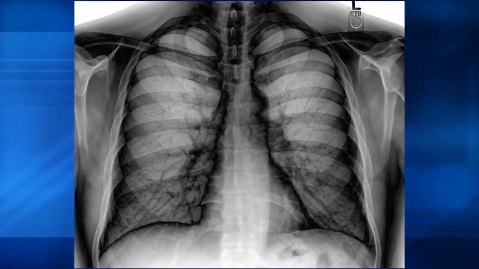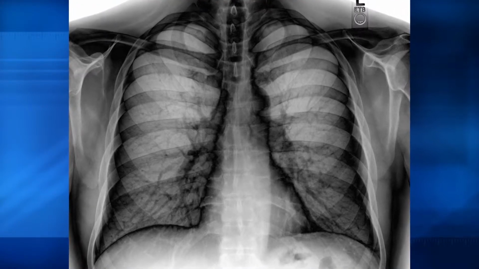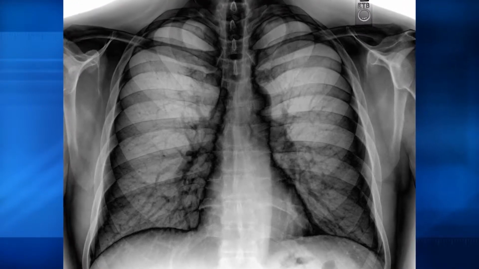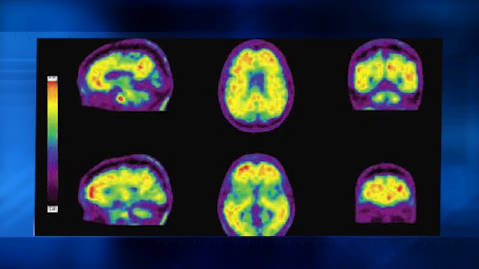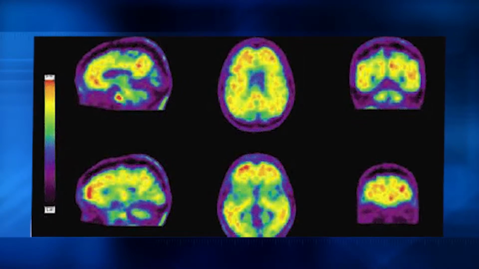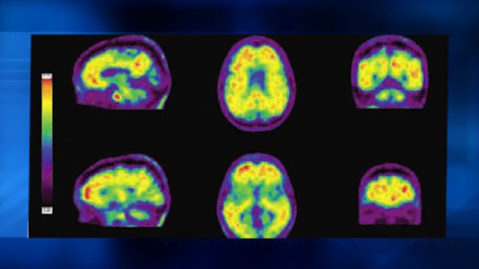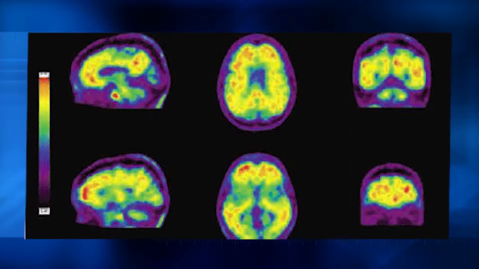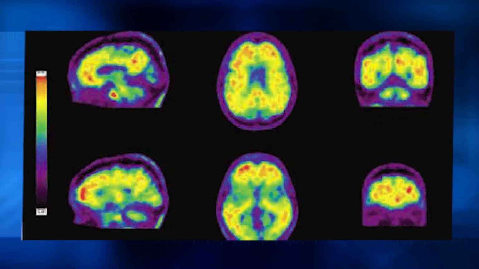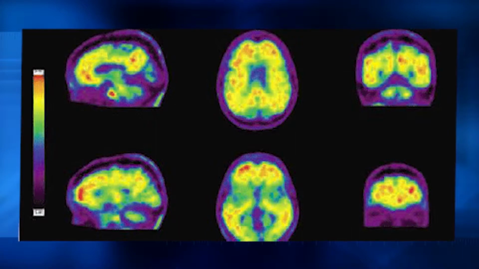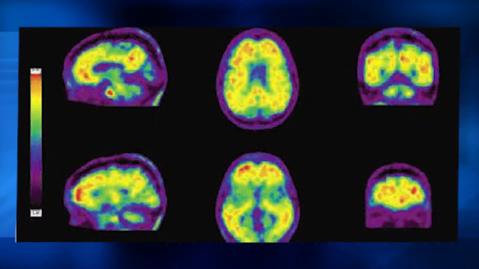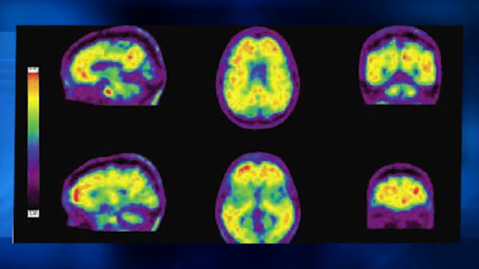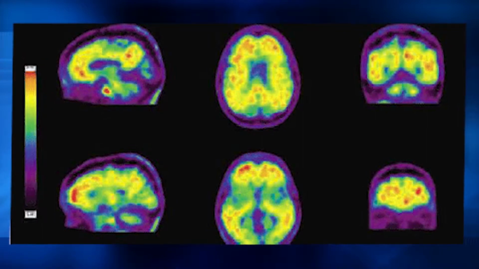Don't they also use radioactive materials to see what's going on in our internal organs? Yes, and many times we call these radioactive isotopes tracers. Small amounts of radionuclides can be injected into a patient's blood. And since these atoms release small amounts of energy, they can be detected outside the body, and they can be used to reveal problems with the blood vessels and organs like the kidney, the liver, or the brain.